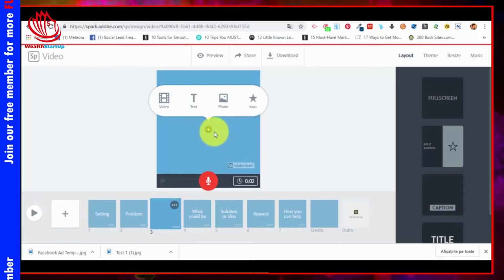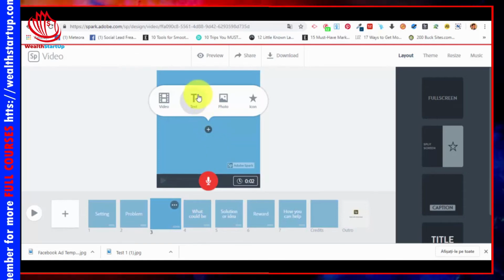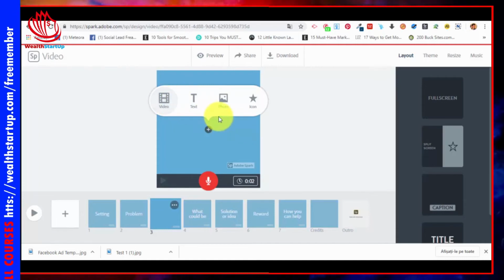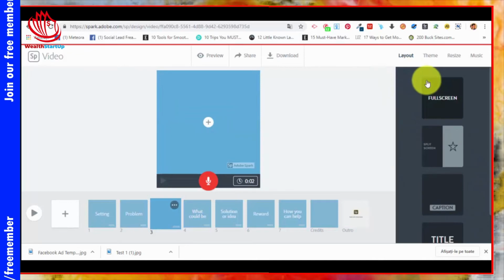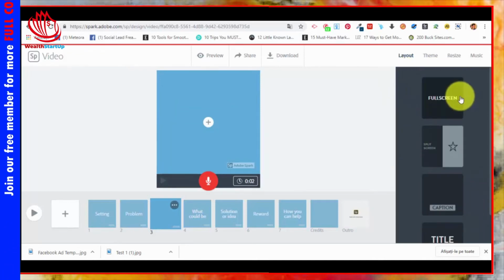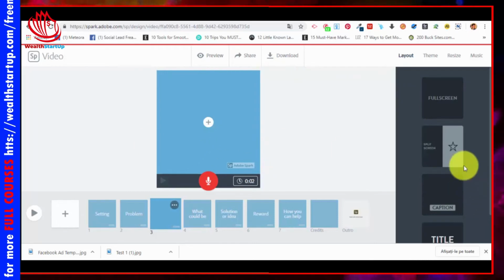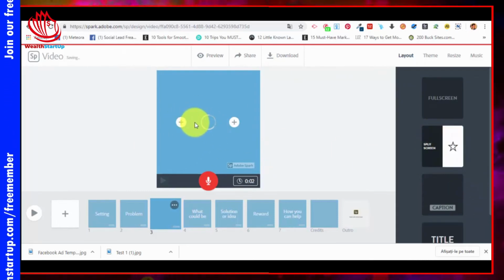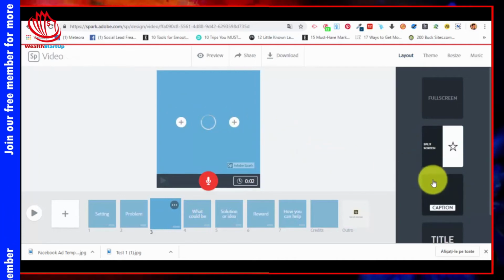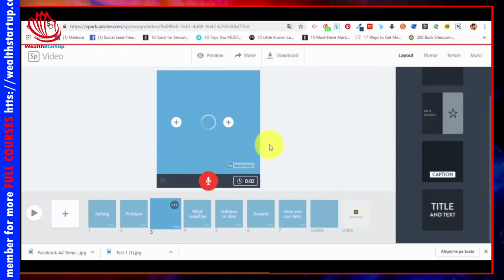We have a plus button here. That means that on this slide we can add whatever we want: a text, a video, a photo, or an icon. Now on the right side of the screen we can see that we have a menu with different layouts for our slides. We have full screen, like it is right now, split screen, so we will be able to add two different types of elements, a caption type of slide,